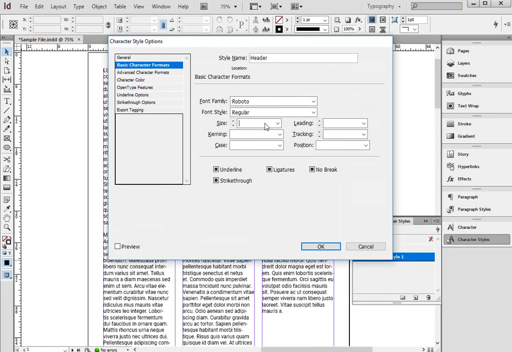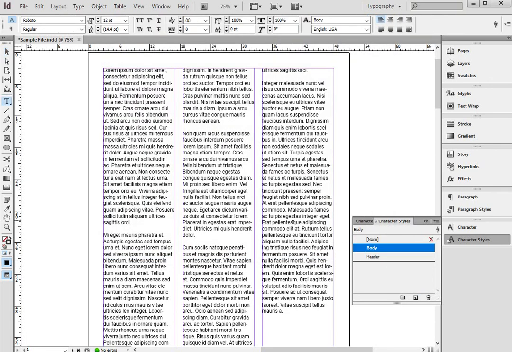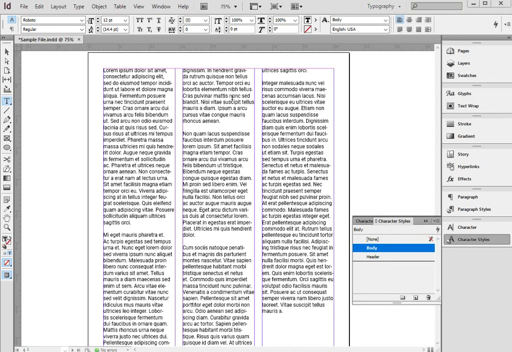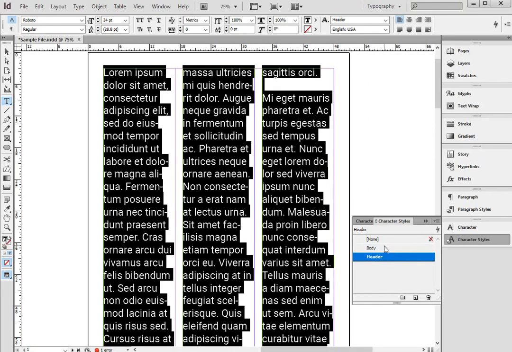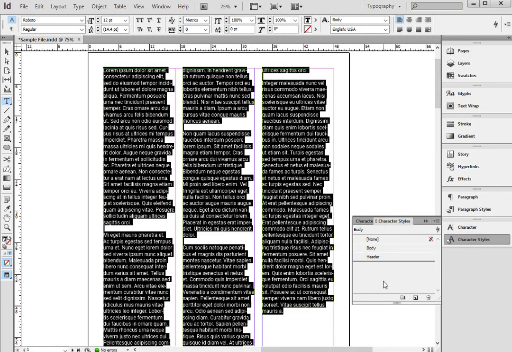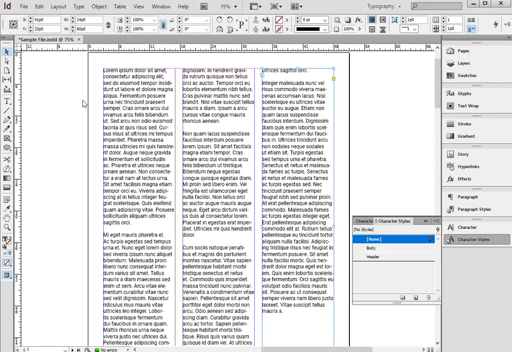So now we have header and body, and by that same token, if I were to activate my type tool and select all of the text in these columns, if I were to apply the header character style, their font size would change to reflect that, and I can go back to body. So these are essentially presets for font styles that are going to be helpful as we are laying out our document. When you are creating new text as well, let's say that these columns are a little bit shorter,